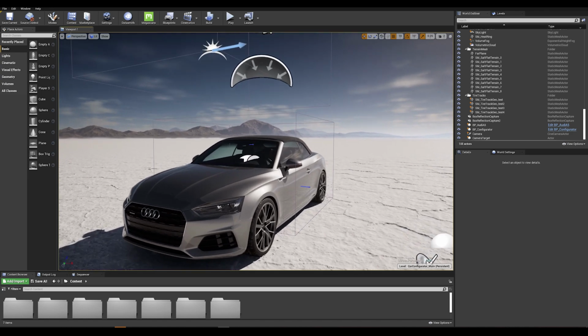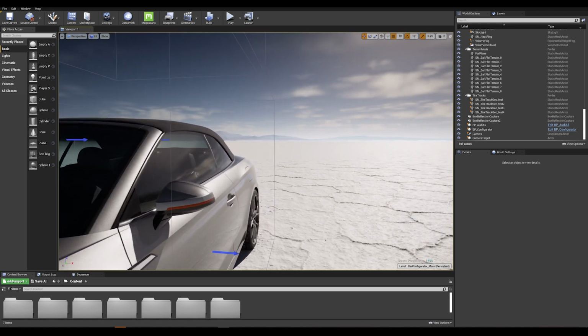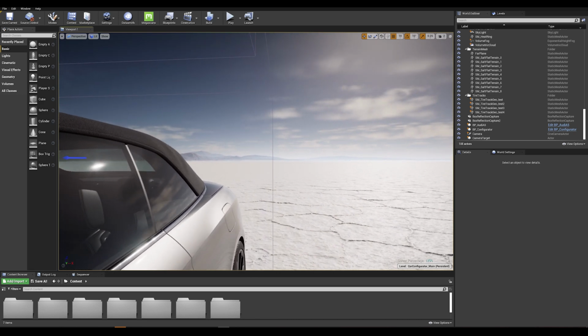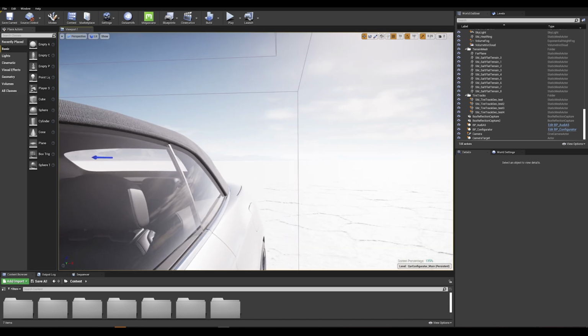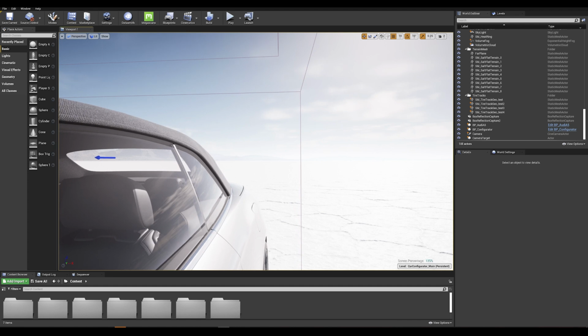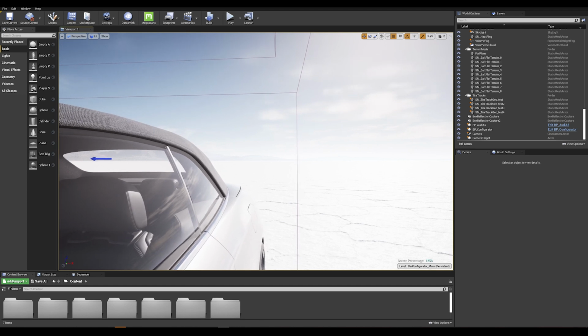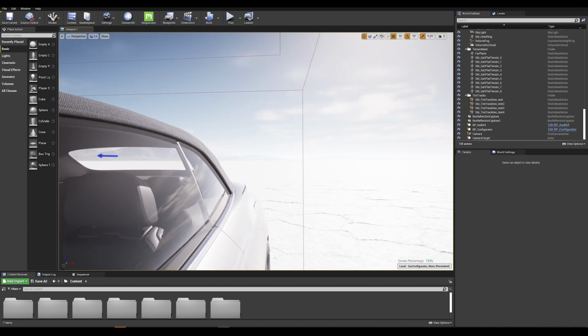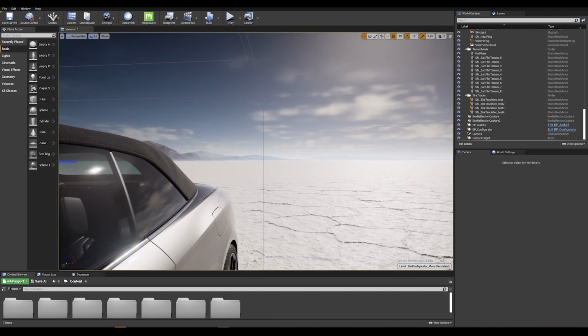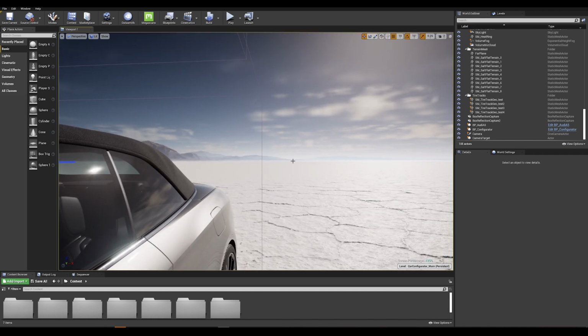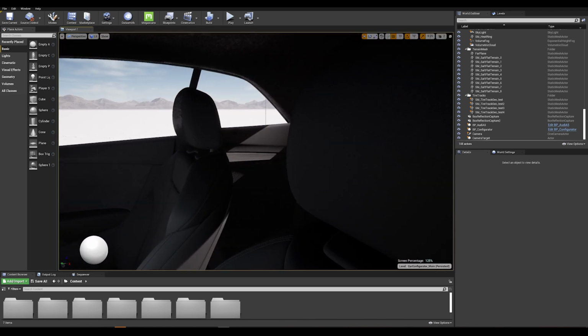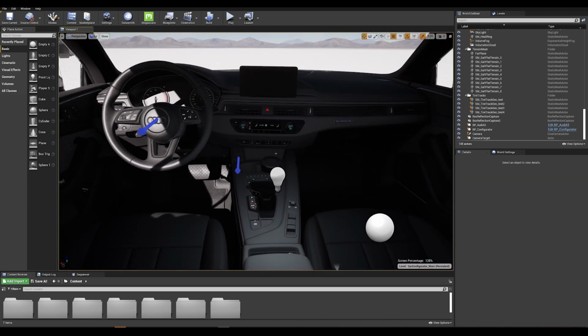If I move my camera slightly and blend between the two, we see that we are using two different exposure values for the interior and the exterior. Right now I'm in the interior, and if I go out, I'm in the exterior. And what that does is lighten up the interior of the car.